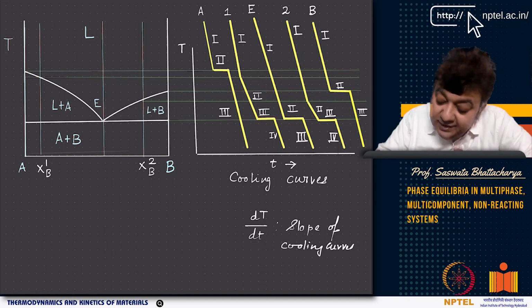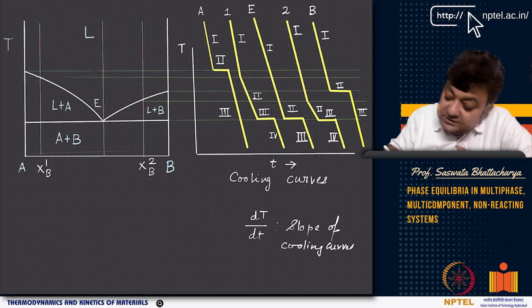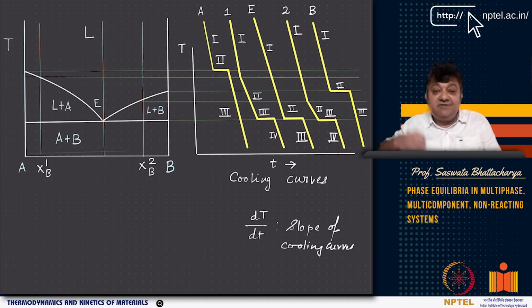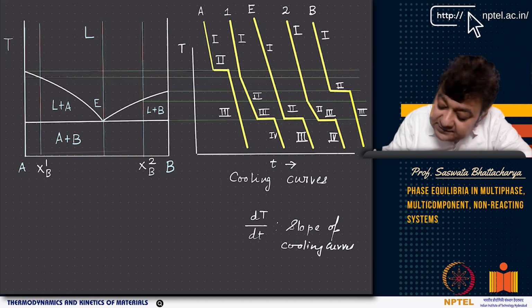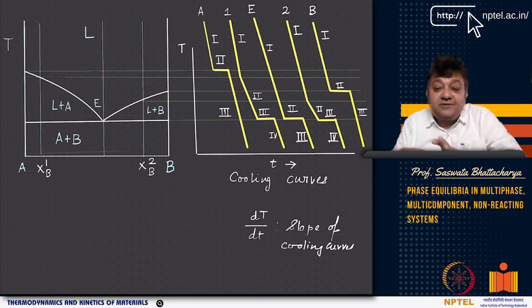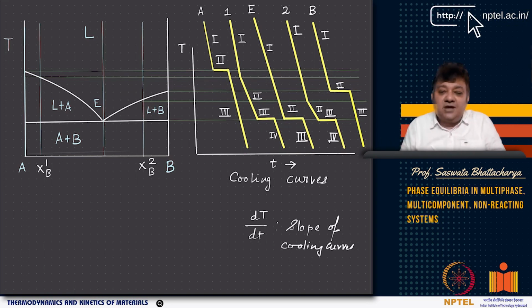Similarly for E, if you look at E, it is continuously reducing in the liquid state. Now as soon as you reach 2, you are basically giving up heat, right? And as a result, you have this again, which is compensating for the heat that the furnace is giving up, and you have some heat evolution because of this transformation from the liquid to solid, right?